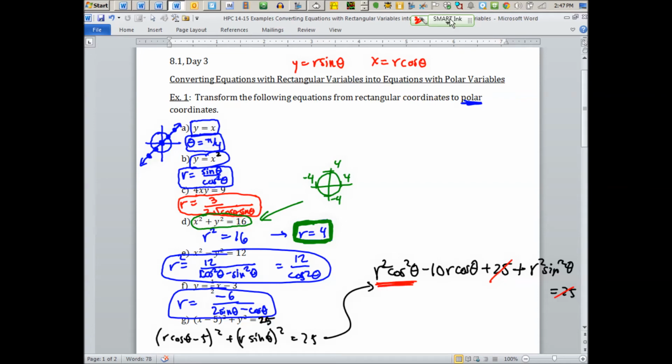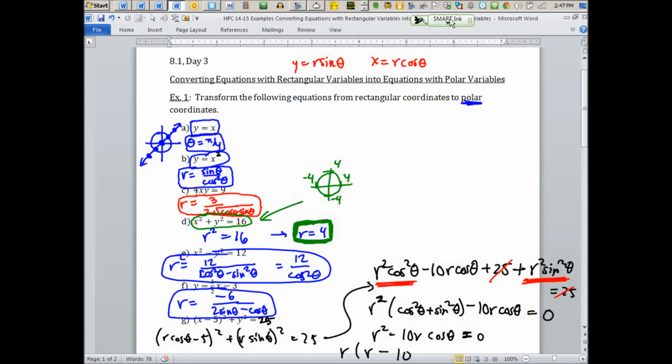And r squared cos squared plus r squared sine squared becomes r squared what? Times cosine squared plus sine squared. So basically, if I factor out an r squared from the first and fourth terms, I have cos squared plus sine squared. That's Pythagorean theorem. That's 1, right? There's also still a minus 10r cosine theta on the left, but the right side's 0 now. So what we're saying is this is just r squared minus 10r cosine. Now if you factor out an r, you get r times r minus 10 cosine theta